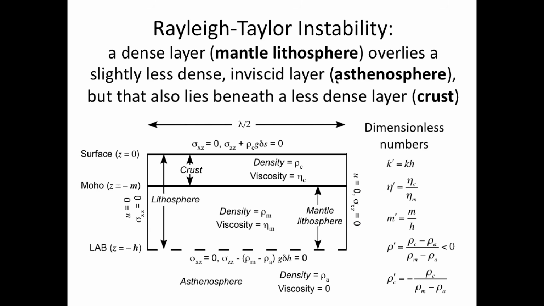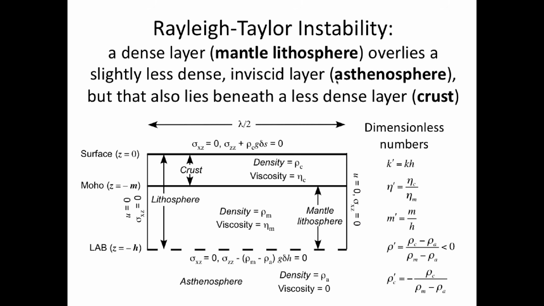Okay, and I've got to give you, no, it's the next slide. So the mathematical solution to this depends on 5 dimensionless numbers. It depends upon the wave number of the perturbation, or the wavelength that we put on the bottom. You can imagine putting any kind of wavelength down there, but the result will depend on that. It depends upon the ratio of the viscosity we use for the crust and for the mantle lithosphere. We're using constant viscosities to keep it simple. We have 3 densities, crustal, mantle lithosphere, and asthenospheric densities, so we have 2 density differences. We have 5 dimensionless numbers.